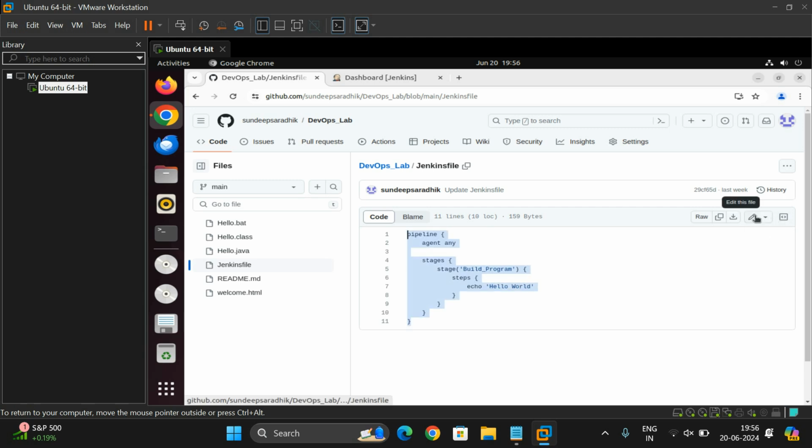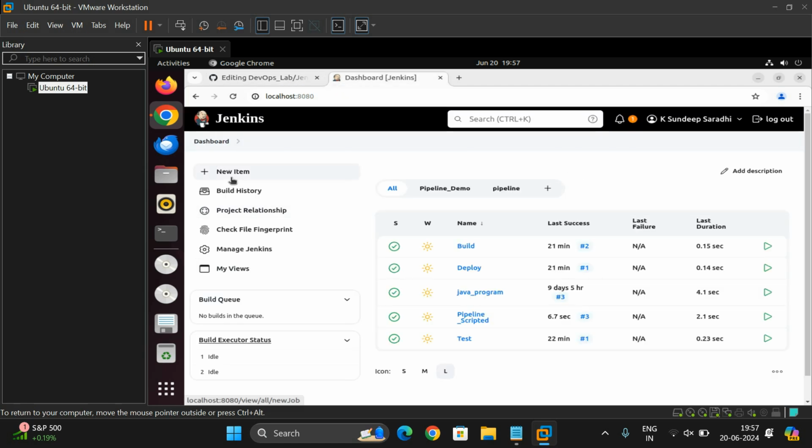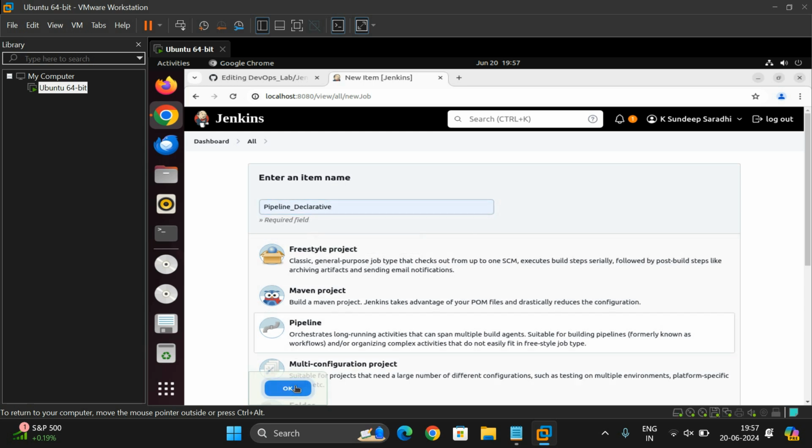So go with the edit mode, and copy the Groovy script here itself. Meanwhile, we'll create one more file, that is a declarative pipeline, and this is also a pipeline project. So click on OK,